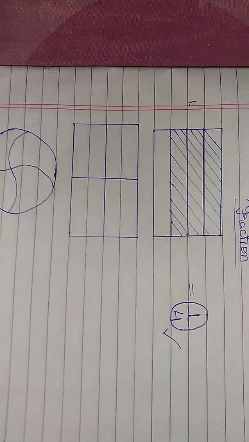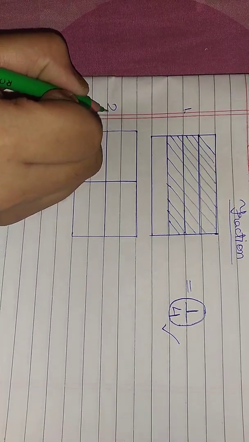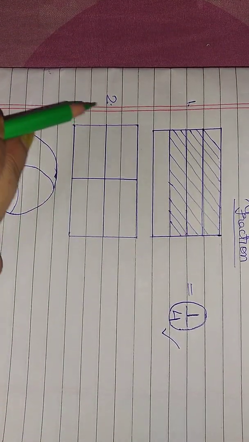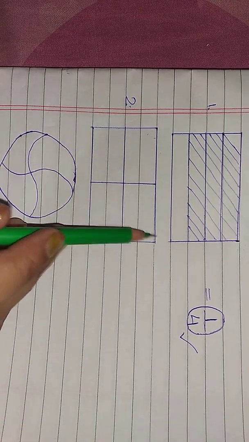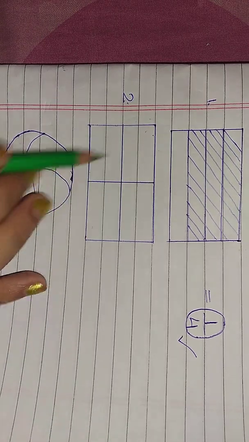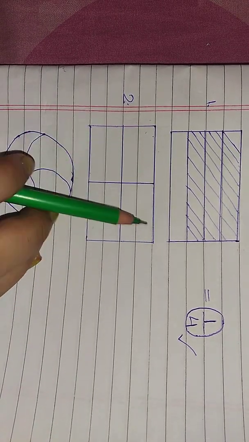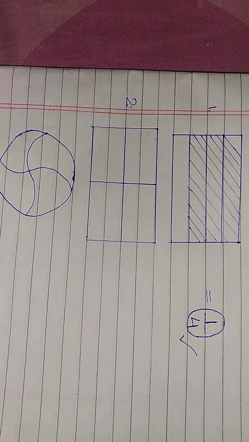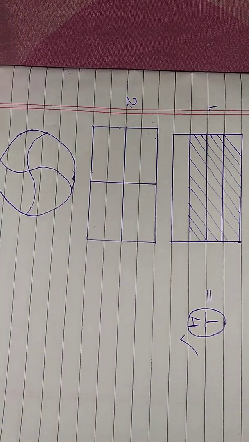Now in the second diagram, you all make it fast. A diagram like this, a rectangle. It should be a rectangle in shape, and in the middle 4 lines, like a straight line and a slanting line, which should be the same size. You all make it. I'm giving you all 5 seconds. 1, 2, 3, 4, 5. Hope you all have made this diagram. So let us start with this diagram.